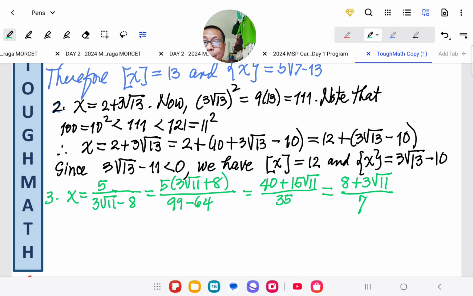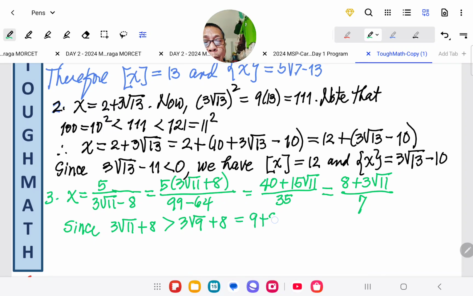Now, since 3 square root of 11 plus 8 is greater than 3 square root of 9 plus 8, which is 9 plus 8, which is equal to 17. We have